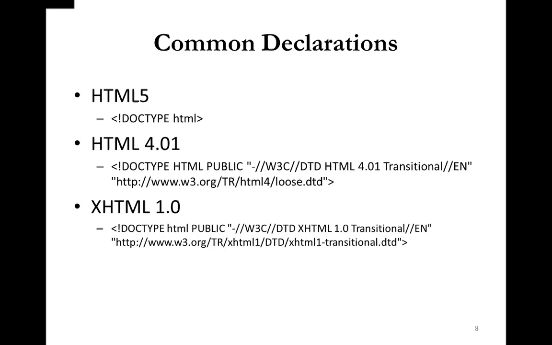So let's look at the declaration part of HTML. If you declare an HTML prologue in this particular style, it means that the HTML document we are going to write uses HTML5. Suppose you write the second kind of prologue, that means the document we are going to describe uses the earlier version, that is 4.01, and similarly XHTML 1.0.